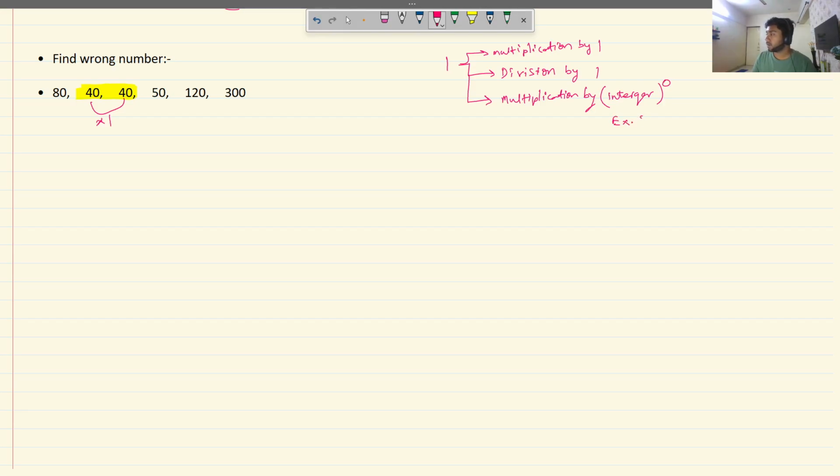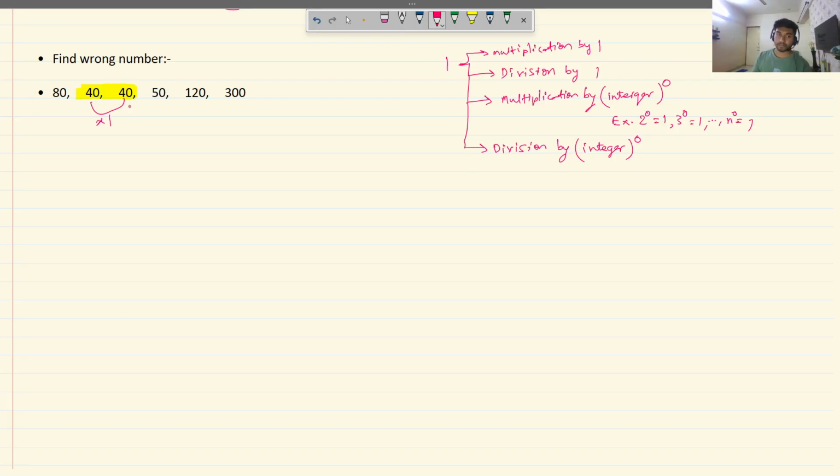Example, 2 to the power 0 is 1, 3 to the power 0 is 1. Basically any integer to the power 0 is always 1. So multiplication by integer to the power 0 or division by integer to the power 0. These are the only four ways in which two numbers can repeat themselves